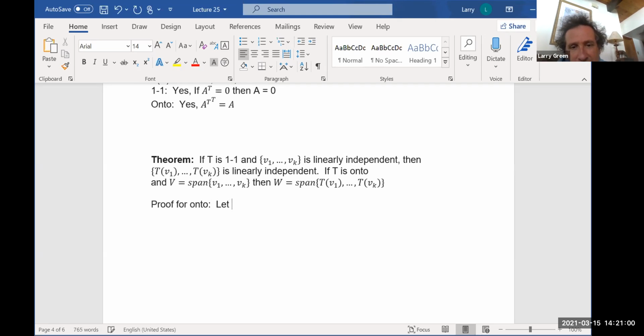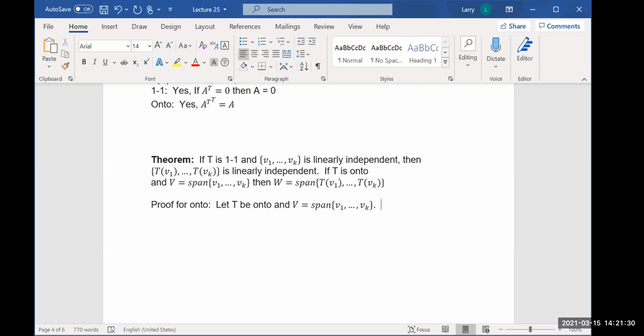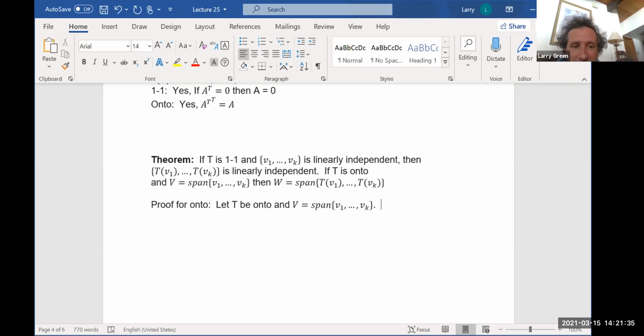So let T be onto, and V is the span of V1 through Vk. We want to show that W is the span of T of V1 through T of Vk. Do you remember what it means to be equal to the span? Be a linear combination of a basis. Yeah, well, of those vectors. They're not a basis necessarily, right? They might not be linearly independent, but